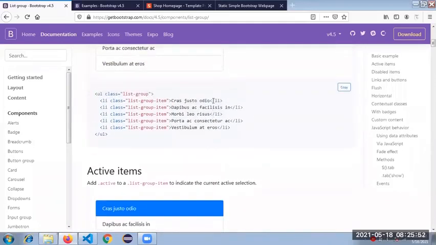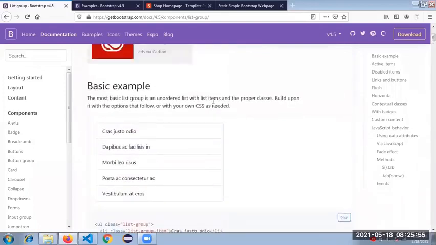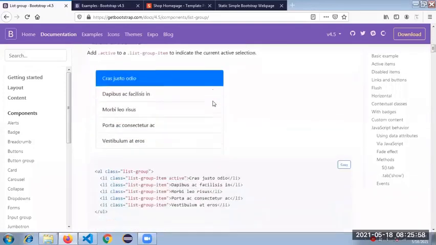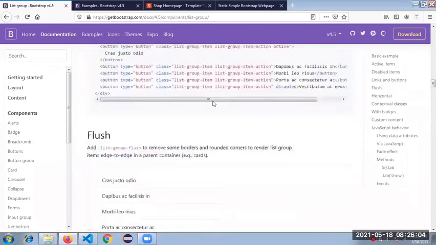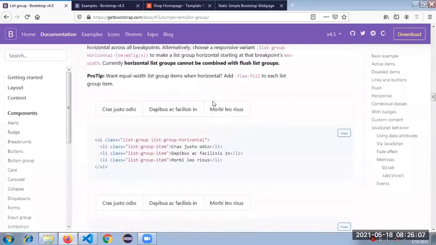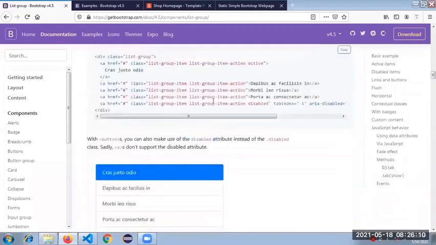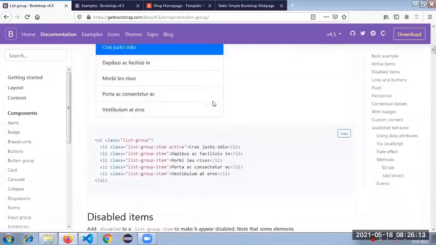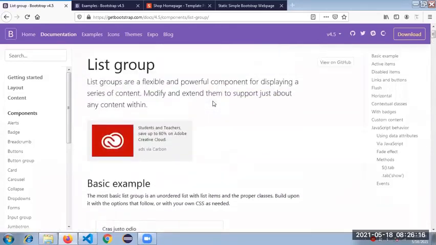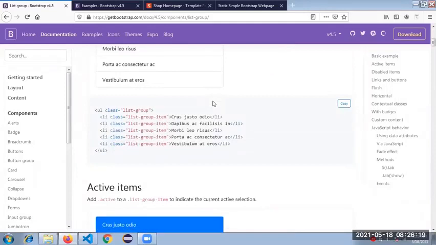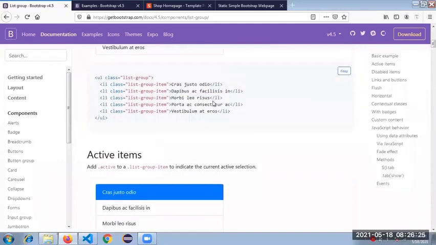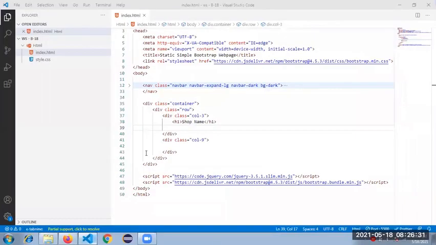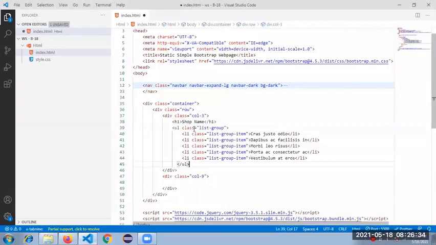Let me copy this UL, anything is fine. Let me copy this entire thing and paste it over there, after the H1.